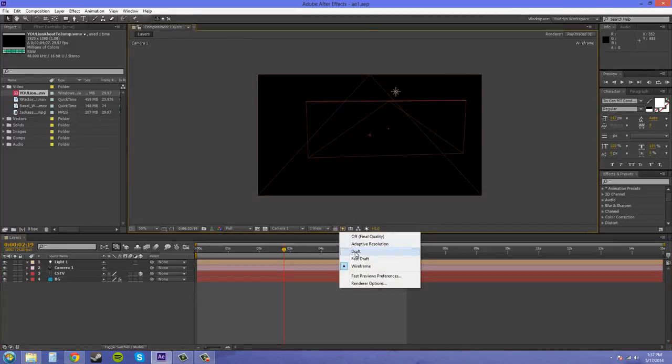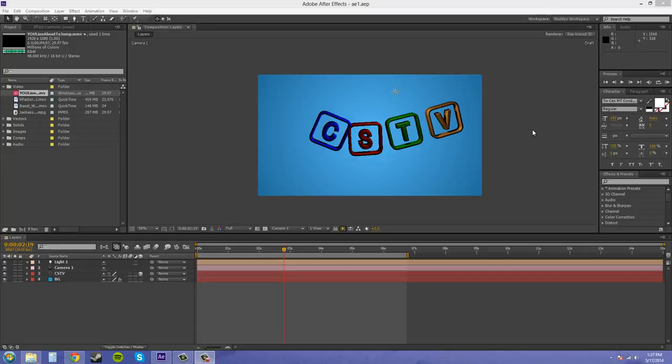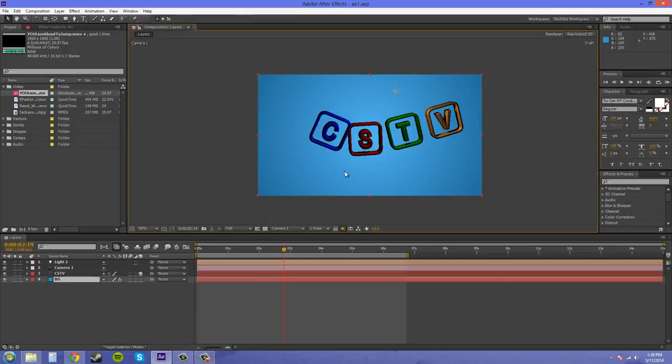Now let's go to draft here, and draft, it takes a second to render. So I'm going to pause it real quick, and once we get to the render, I'll let you know. Now that the draft has rendered, it's going to have to render every time you move your current time indicator. With the draft, however, you can see different things like shadows and other things and reflections and things like that. But I mean, you're not gonna have the most crisp